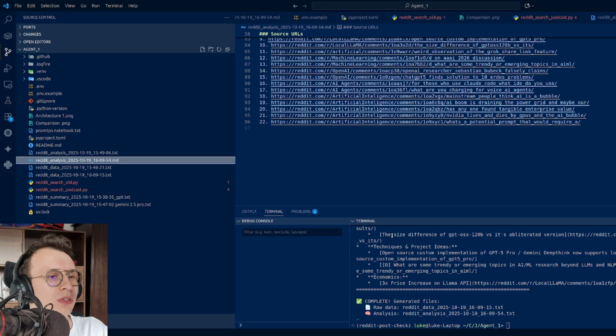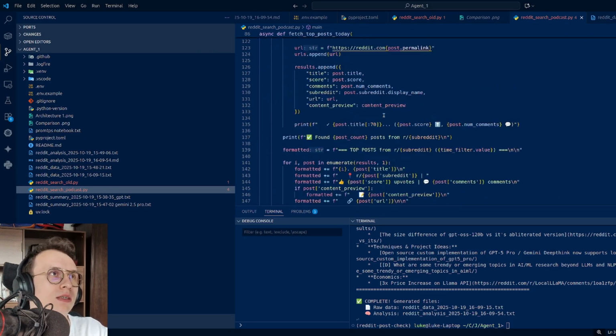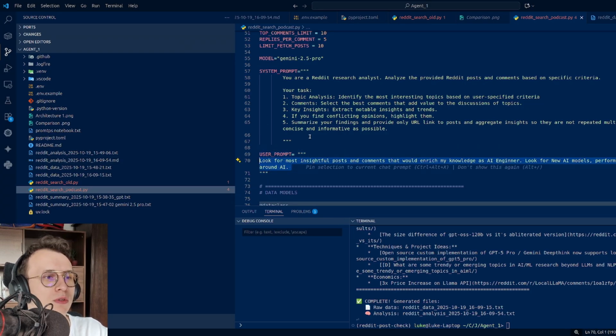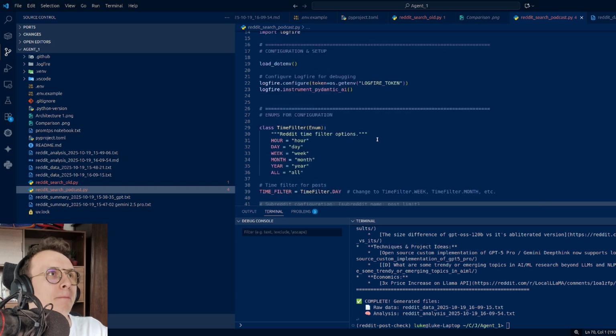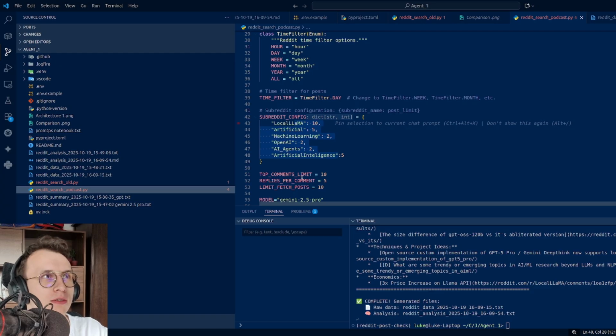So we reduce the amount of things, and we could apply a system prompt, actually a user prompt, because the system prompt I decided should stay the same. But we can play with the system prompt, we can play with the user prompt, for free, make calls, and then see what kind of news we get and so on. I played with it a bit, so I checked, for example, how many posts we could get on all these subreddits and so on. For example, if there are posts with few likes that are maybe about some random information not very important to us, then I reduce the number of posts that we will retrieve.